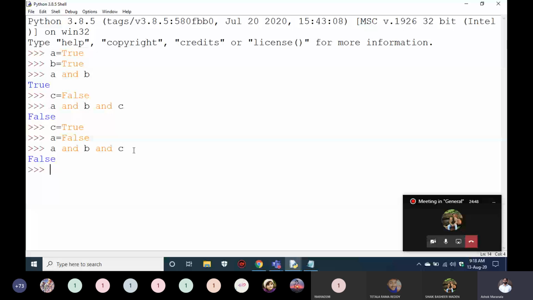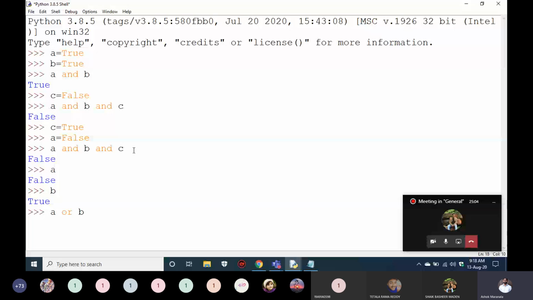Okay, what is a here? False. What is b here? True. Okay, fine. a or b. So what would be the output now? a is False here and b is True. So we are getting True. Yes, True. In the sense of how it is working, even though it finds a False,